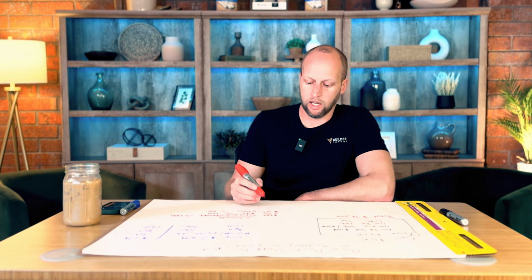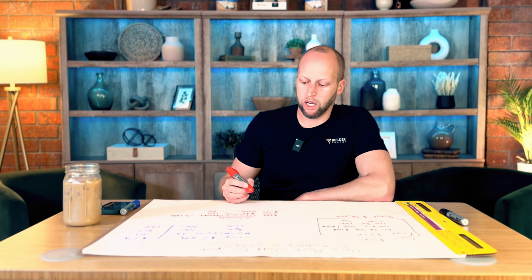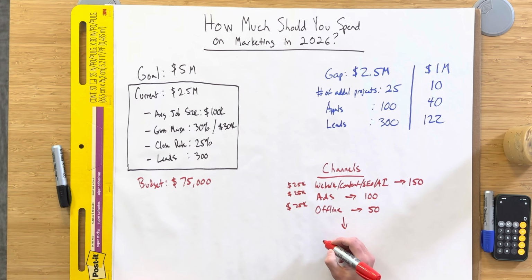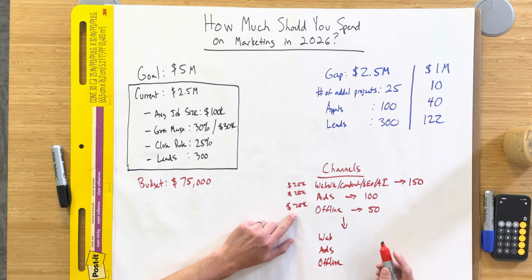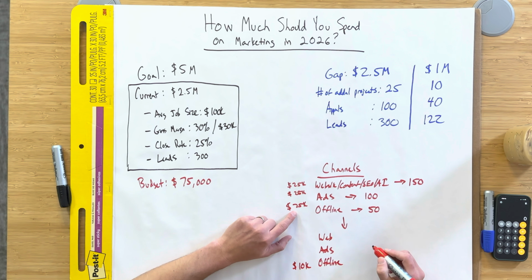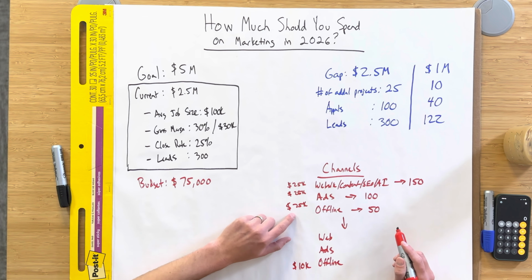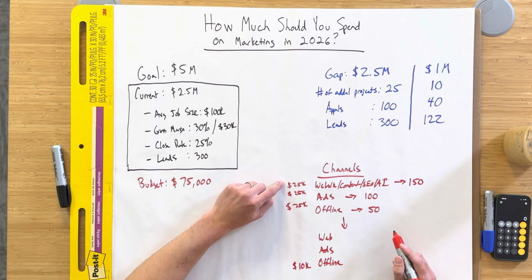So you might just say, hey, out of this 25K, I want to keep some of it. There's a couple of things that I do here, but I'm going to make some adjustments. And so we'll go web, we'll go ads, and we'll go offline. And if we were to say, hey, we're going to keep about 10 grand of this, but now I've got 15 grand to reallocate, all things being equal, just quantity of leads, I would just repurpose that 15 up here.